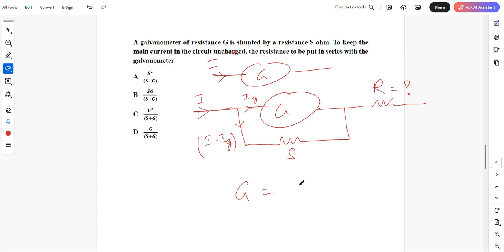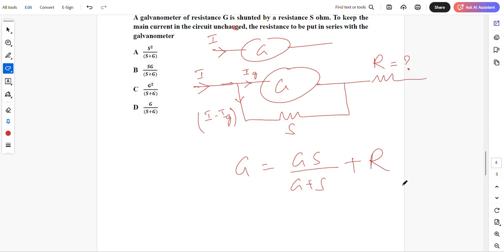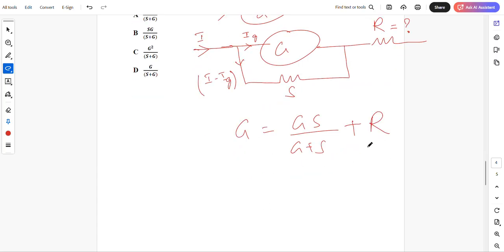G should be equal to, these two are in parallel, Gs divided by G plus S. This main current should not be changed. Therefore this G will be equal to these two in parallel, and again plus R. He is asking what R should be connected in series so that the main current in the circuit is unchanged. Therefore how to calculate, simplify R. What I will do, R is equal to